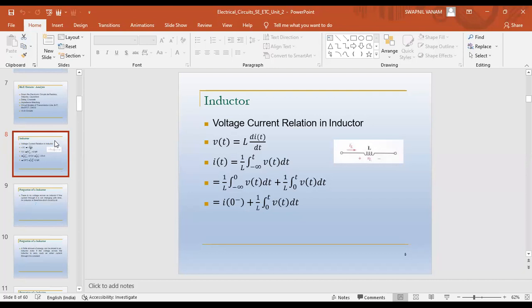The initial conditions of the elements in the network must be known to evaluate the arbitrary constants in the general solution of the differential equation. In the analysis of network behavior, the elements are identified individually and in combination and studied with their initial conditions. So we must know what the differential equations are and what the initial conditions are. Let us define a few of the terms. To start with, I have a few of the conditions.